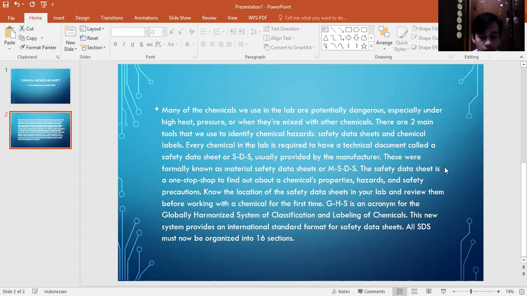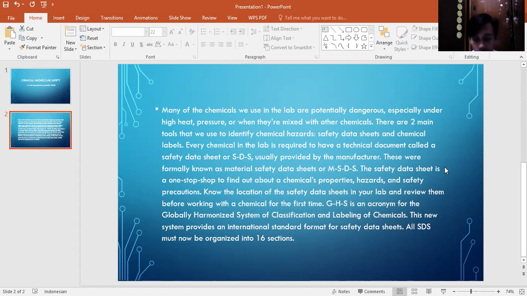Number 9 is physical and chemical properties, such as appearance, odor, pH, flash point, solubility, and evaporation rate. Number 10 is stability and reactivity: how to avoid hazardous reactions. 11 is toxicological information. Find out about the likely routes of exposure, symptoms, as well as short and long-term effects.